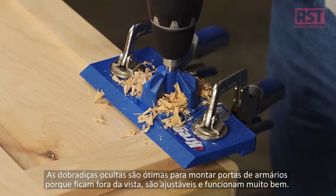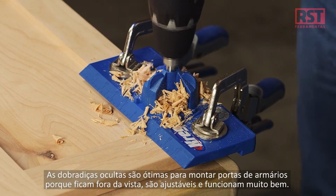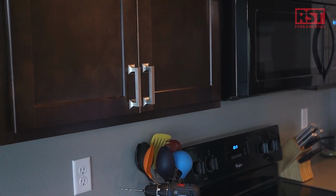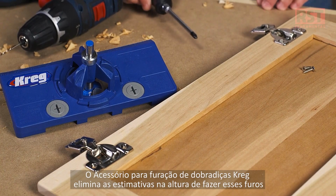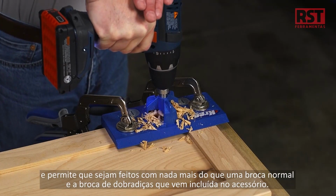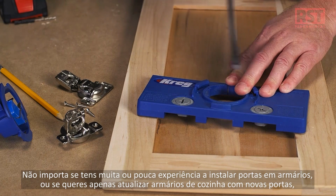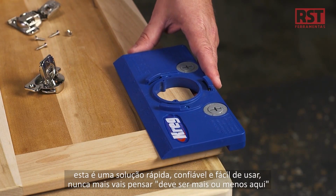The concealed hinge jig from KREG offers a fast, reliable, easy-to-use solution that anyone can use to install doors on cabinets or built-ins, or to refresh kitchen cabinets with new, updated doors. That's because the concealed hinge jig makes it easier than ever to mount concealed hinges that give doors a clean, uncluttered look. And the jig lets you do it with the accuracy of a drill press, but using nothing more than an ordinary drill. The jig makes the process easy, thanks to indexing cams and built-in measuring scales that ensure